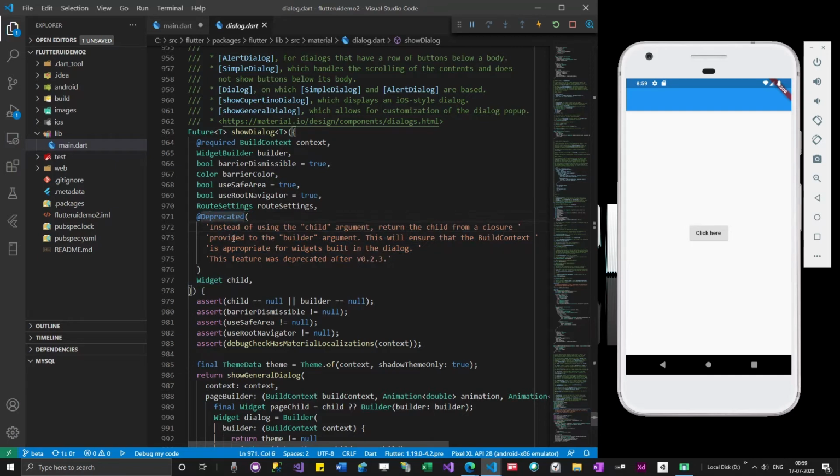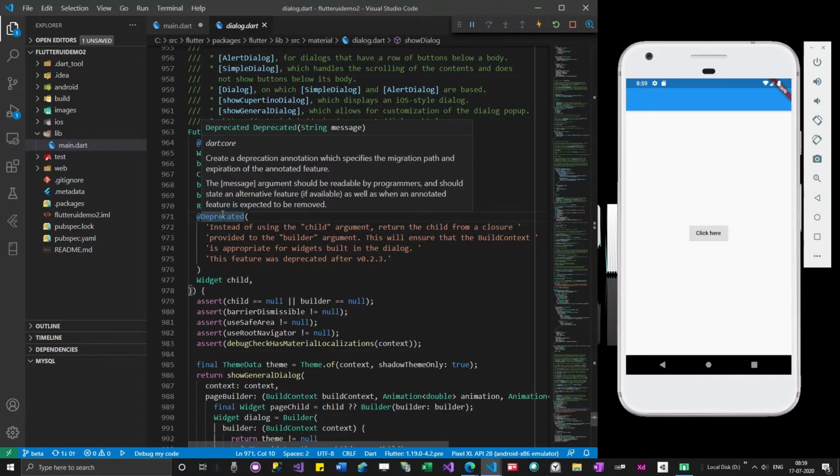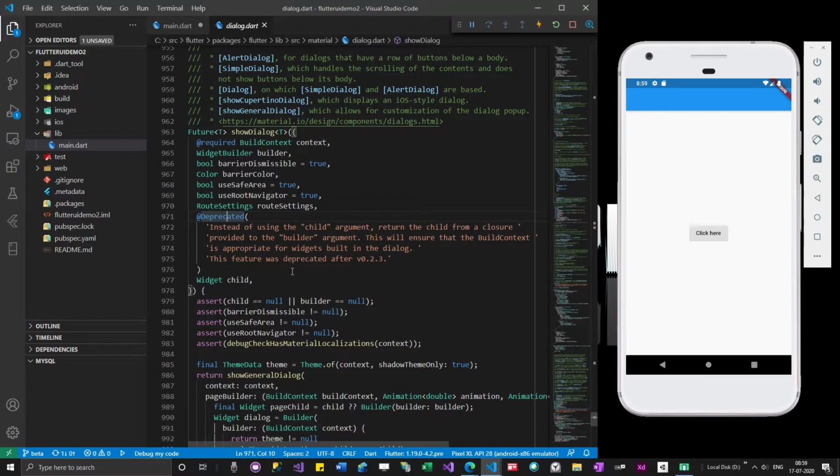When someone says something is deprecated, it means that in future versions it will be removed. So in version 2.3 they are going to actually remove it. This is where you have to be careful. We should not use deprecated functions, but it depends on the framework. If the framework has very slow updates, that's okay. If the framework has very frequent updates, we should avoid them, or if you are already using it, you have to migrate.